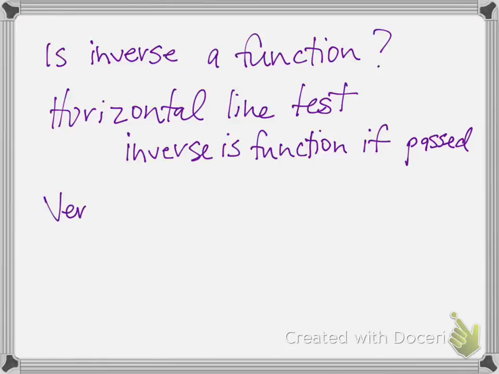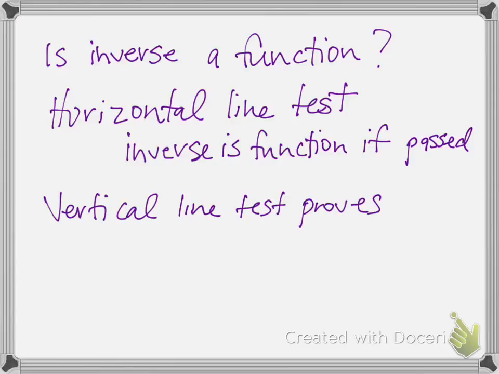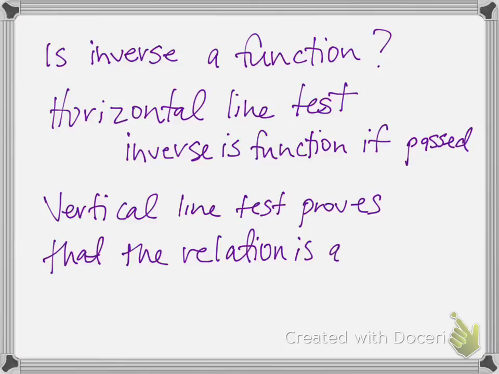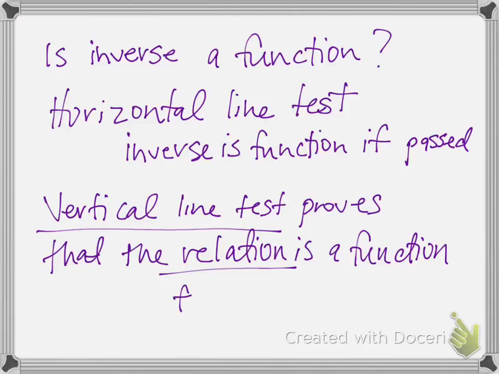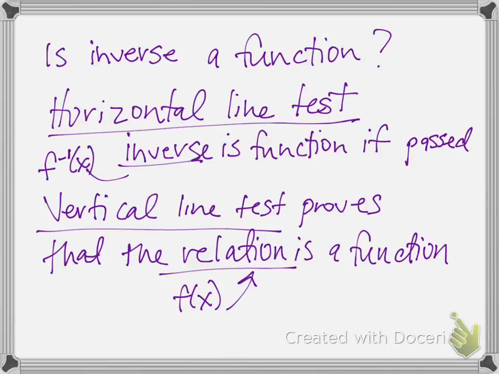The vertical line test, you can recall from, I think, the second unit, proves that the relation is a function. So this is just for the actual f of x. The horizontal line test is for the inverse. So for instance,